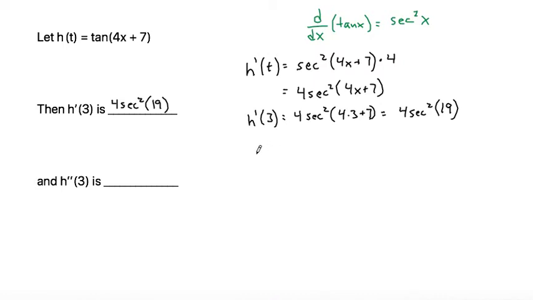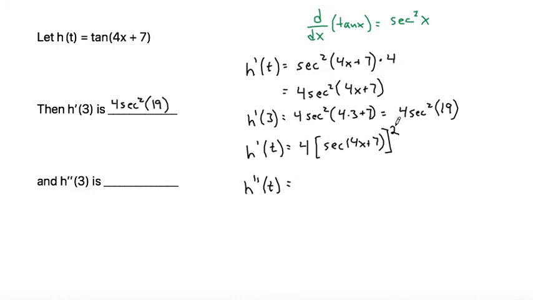So then, from here, to find our h double prime, we need to start back with our original derivative, which is our 4 secant squared of 4x plus 7. Now, in order to take this derivative, let's rewrite the first derivative as 4 times, because this squared here means that we're squaring the entire secant. So it'd be secant of 4x plus 7, and then all of that would be squared. So now, if we take our second derivative,